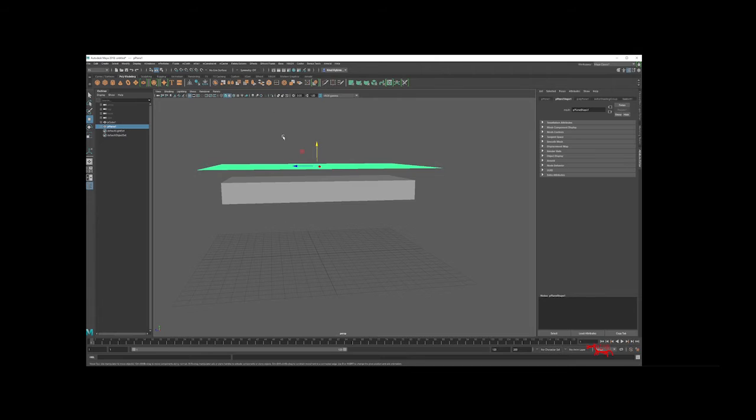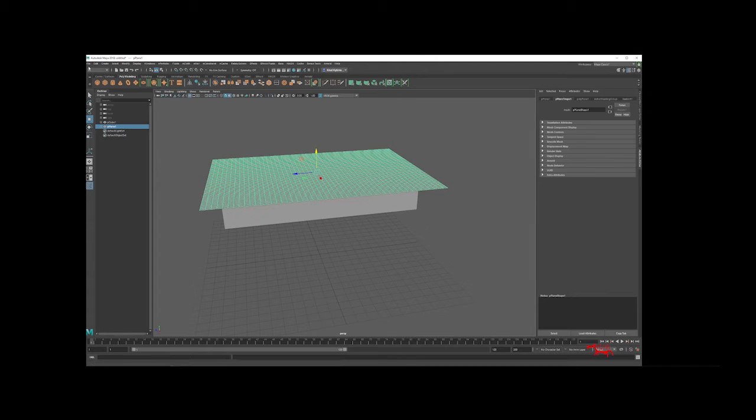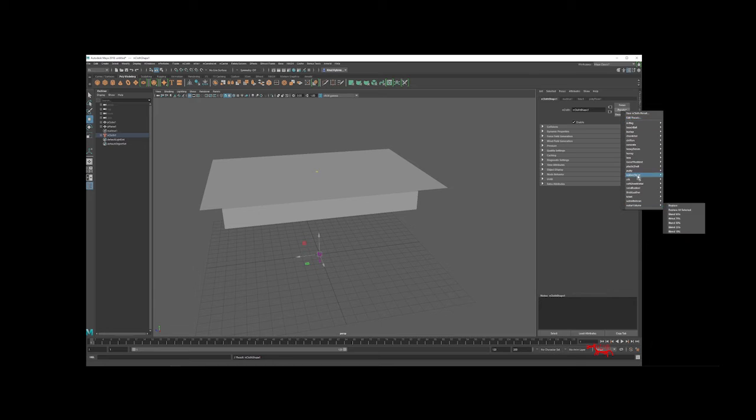Next, I want to add nCloth to this right here, and make sure you're in the FX menu. Then go to nCloth, then create nCloth right here. And then if you go over here to your presets, you have different types of fabric, and these will behave like that. I'm going to choose t-shirt, but if you want a more